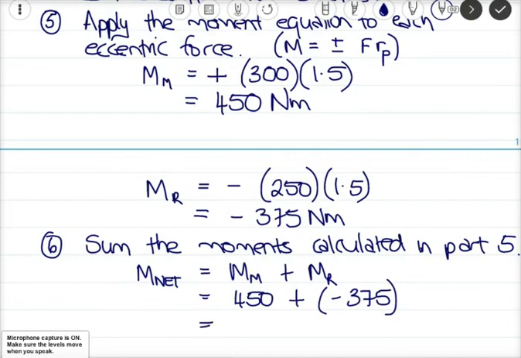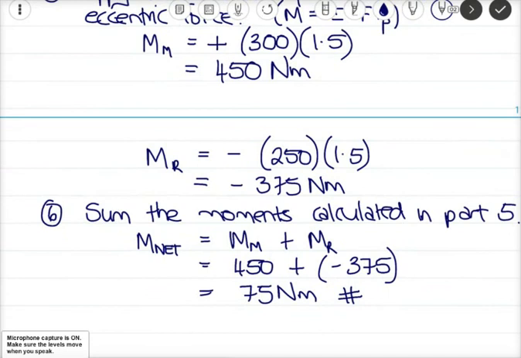So we end up with the system having a positive 75 Newton meter moment. That means it has a magnitude of 75, and because it's positive, it means that the whole system wants to rotate anti-clockwise. So the child that will be left up in the air is Rose. So therefore,